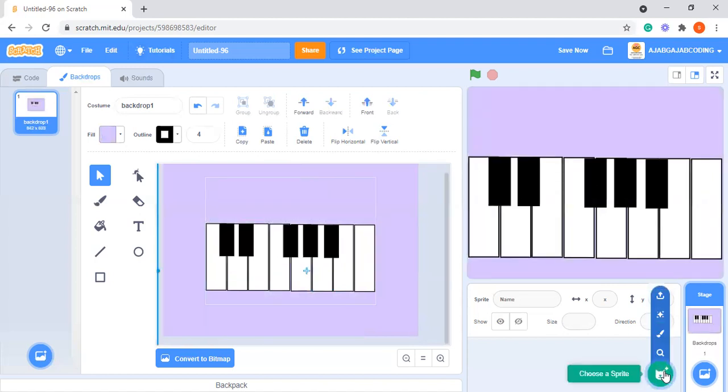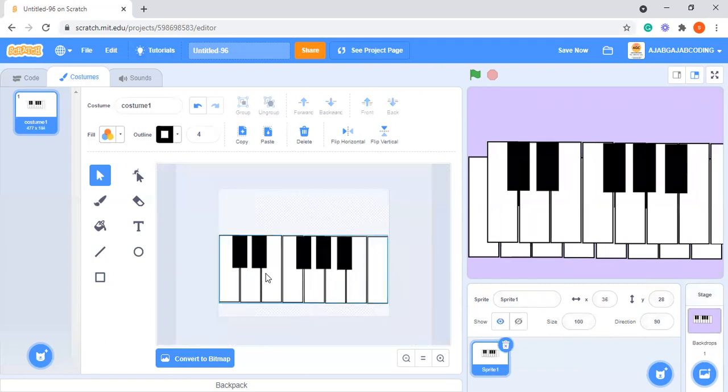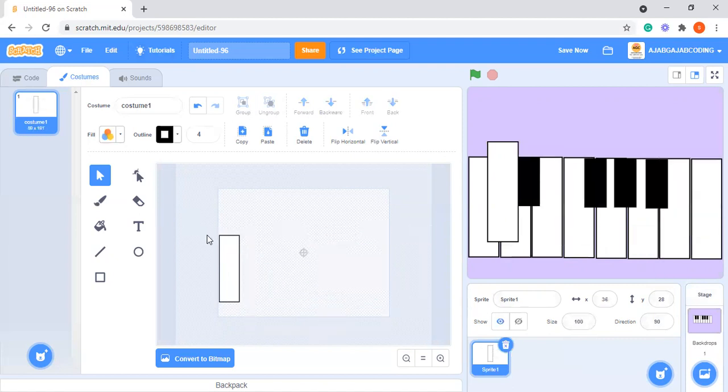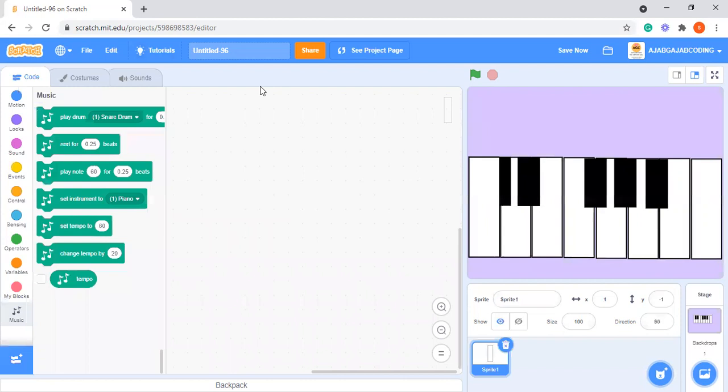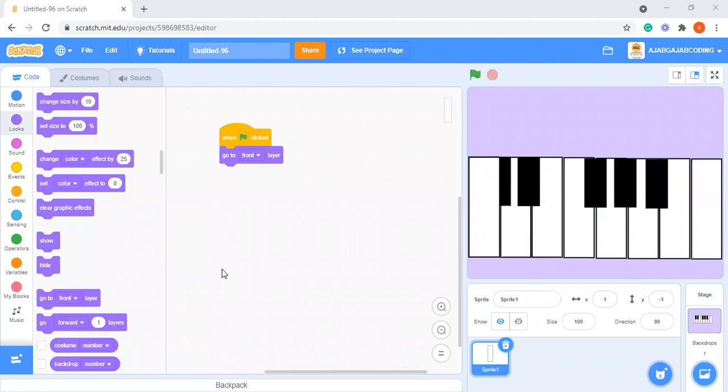Very good. Now let's make a sprite. So we'll paint a sprite, first paste the piano and ungroup it completely. Now take this white key and remove all the other things right here and place it over here. Now we will give a simple code. This is the code, guys, for the white sprite. So this is basically the one,